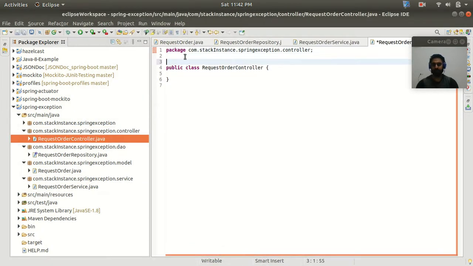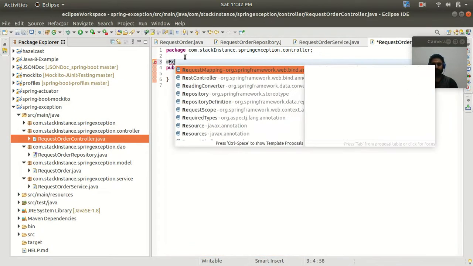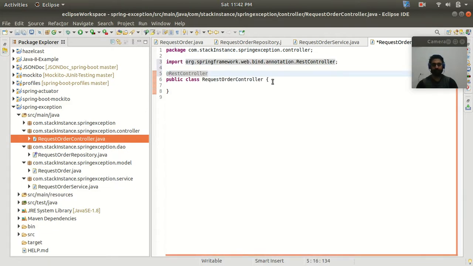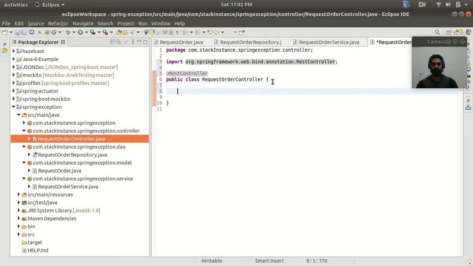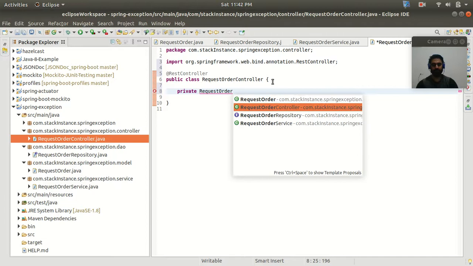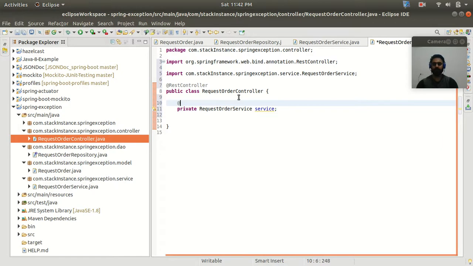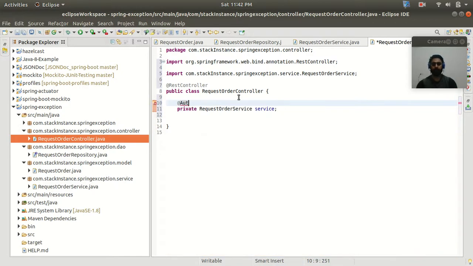Make this a REST controller by annotating it with REST controller, and I want to inject my request order service. First of all I will inject the request order service. Mark this with Autowired.